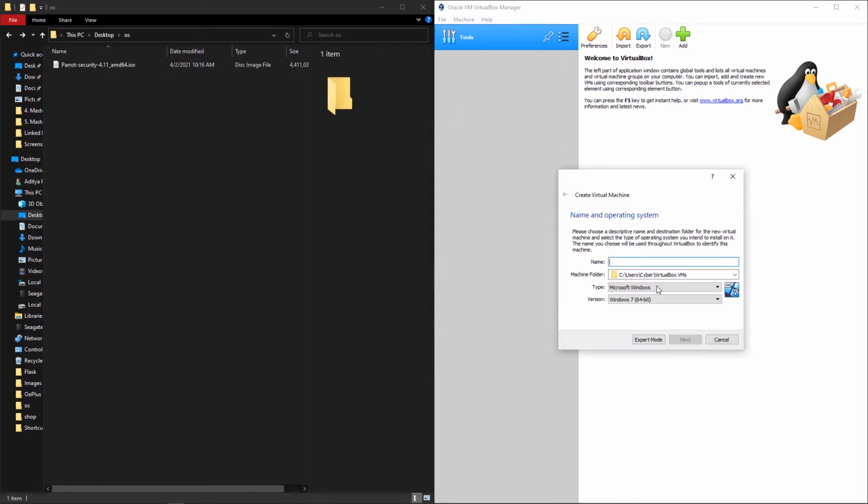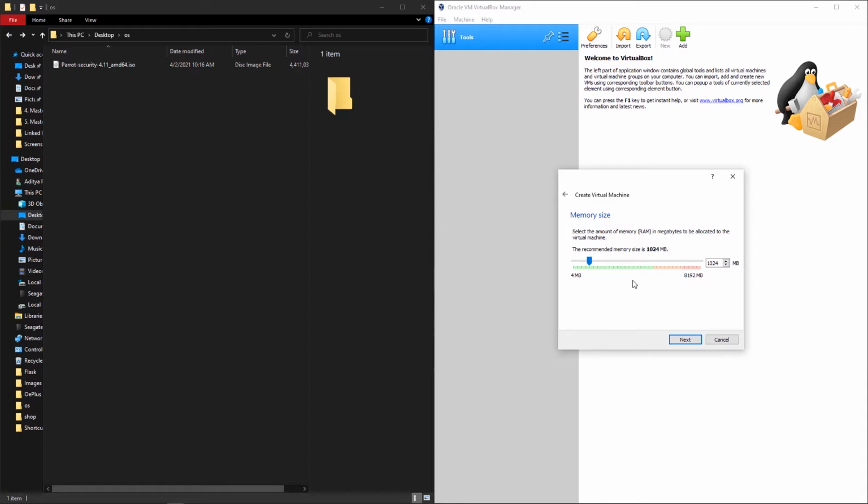to click on new. So here you can name your operating system whatever you want, but I will simply call it Parrot operating system, so I'll name it Parrot. We will also have to select from this drop down menu type. You have to just choose Linux here, and in here you have to go with Debian 64 and just click